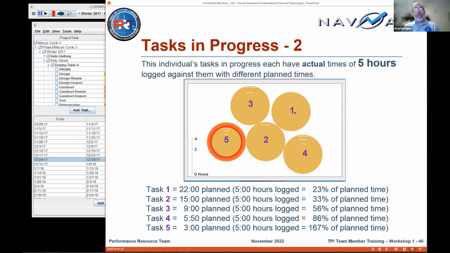And so you see task 1 is 5 hours logged against a huge task, 22 hours. And so you've only used less than a quarter of the planned time. So you don't even see a tick mark because 5 hours isn't even a quarter of the 22. And here in number 2, appropriately, you've gone over a quarter, so you see a first tick mark